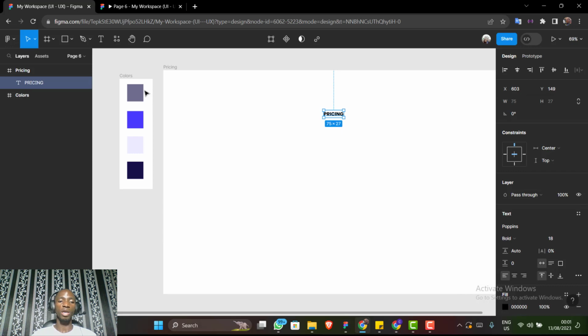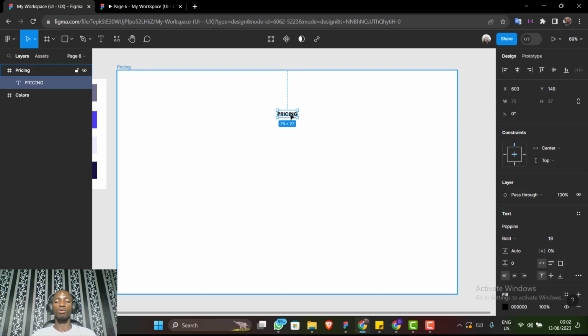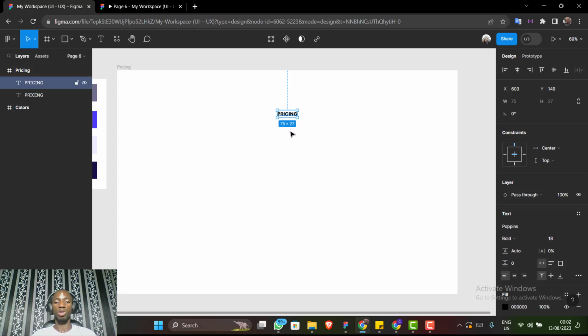Right, now coming here, as you can see, I already have my major colors that I'm going to be using. This is going to be a primary color. This is going to be a background, like component background inside our cards, and this is going to be the major heading color. And also, that is just it. We have just 4 colors here, and this is going to be our text color actually. So as you can see, I've written pricing here. I'm going to duplicate this pricing for me to be able to write our major heading title,